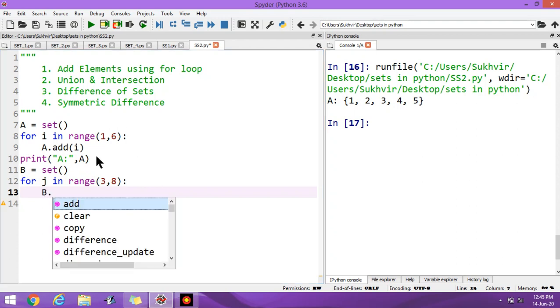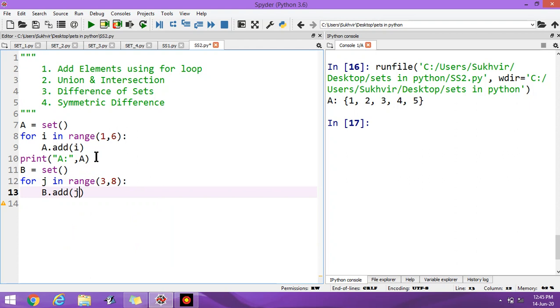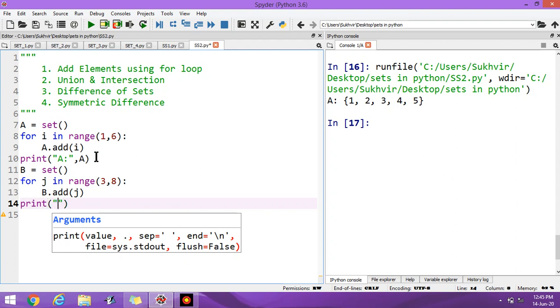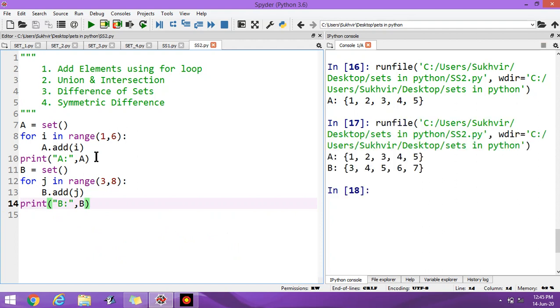B dot add j, then print the elements of B. Now execute the program. Elements of A are 1, 2, 3, 4, 5, and elements of B are 3, 4, 5, 6, 7.